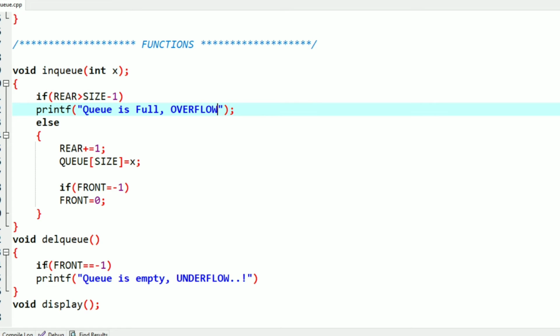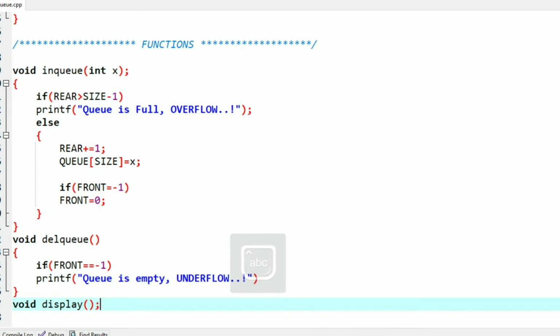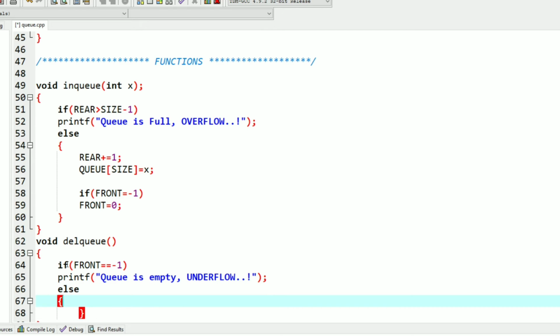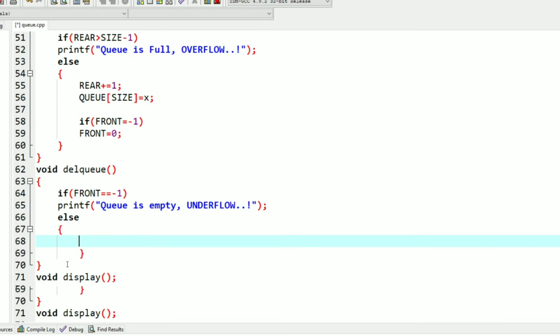But if there is an element in the queue, we have to delete whichever element is at the front position. So we will write else. Before deleting the element, we will first print that we are deleting this element, as an acknowledgement for the user.